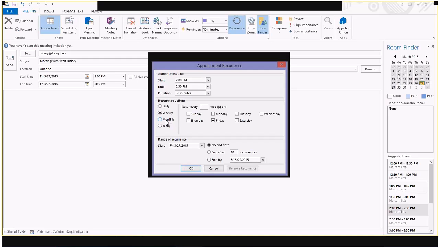Now, if I go into monthly, I can do it always on the 27th of every month, the fourth Friday of every month. I can do it once a year, which is great for setting birthday reminders. And you can also choose how long the meeting is, etc. Once I hit OK, and I'm going to choose this so that it's once a year, so my calendar, actually,